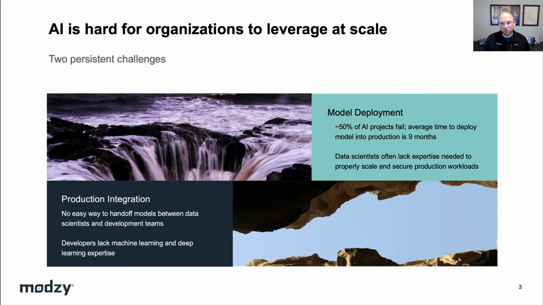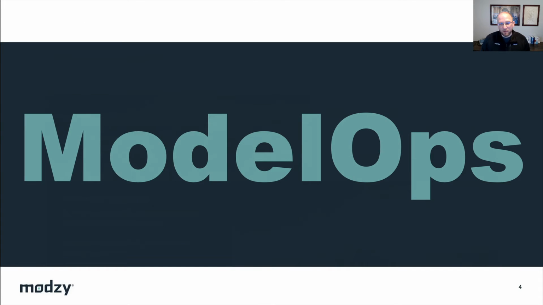The coordination between these different personas with their varying skill sets and level of comfortability with each of the technologies required to make the whole process work can be complicated, especially in large organizations. This is one reason why industry research indicates that some 50% of models built never make it into production. And even the ones that do make it into production do so up to 9 months after the model is ready. In response to this reality, a new field has been emerging called ModelOps, which aims to bring the same benefits to the AI model lifecycle that DevOps has brought to the application lifecycle.